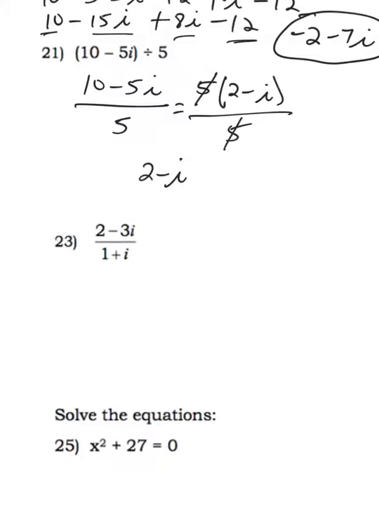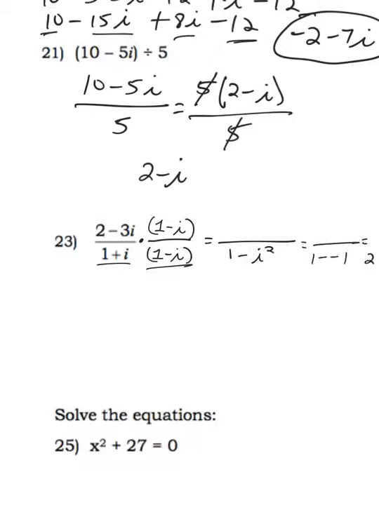I can rationalize the denominator of number 23 by multiplying this by a fraction made up of the conjugate of the denominator, which is 1 minus i. On the bottom, since these are conjugates, I know that my end result is going to be 1 minus i squared, which is 1 minus negative 1,